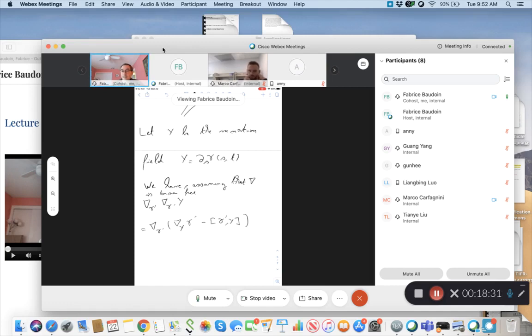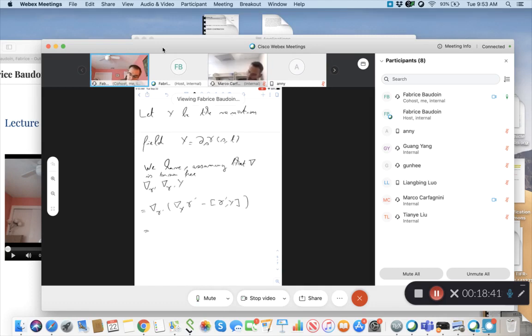But what is the Lie bracket? I told you that we have the commutation principle between the variation field and the velocity field. So the Lie bracket is equal to 0. So I get nabla gamma prime of nabla y of gamma prime. This is the first way to simplify the second derivative of y with respect to gamma prime. And now I'm going to write this second derivative in terms of the curvature tensor. So now remember, and this is a definition of the curvature tensor,